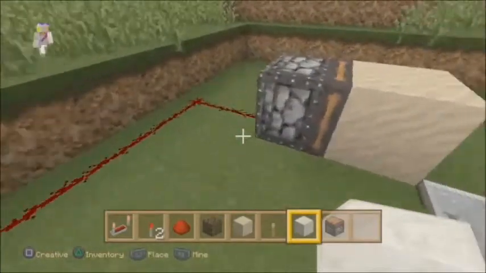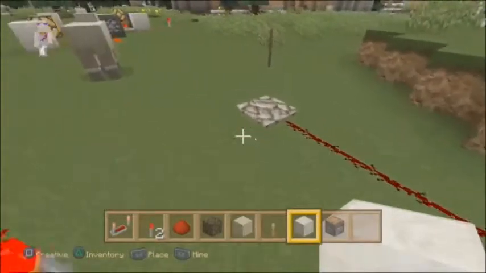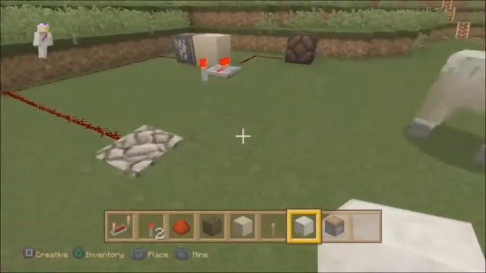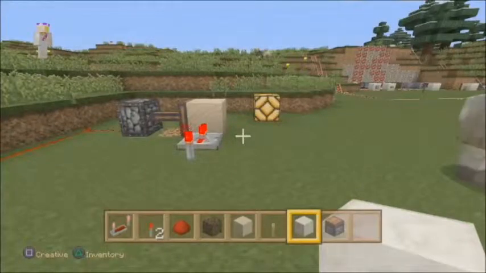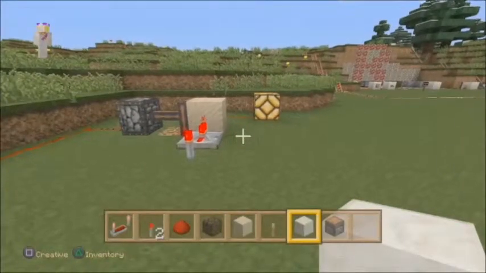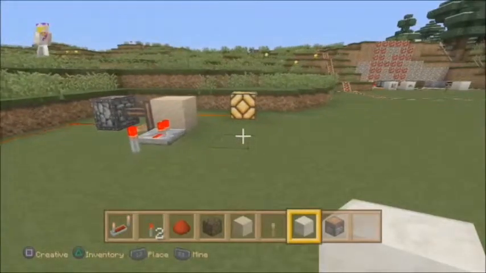And you can see that the piston is going to push that when this plate is stepped on. So if we step on this plate, it pushes the block, the lamp lights up. Awesome, right? Now the trick here is, once you've stepped on it, you want the light